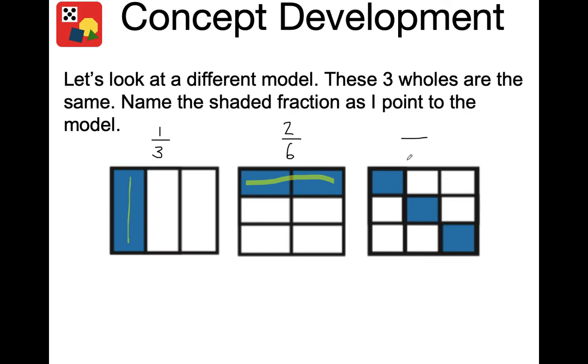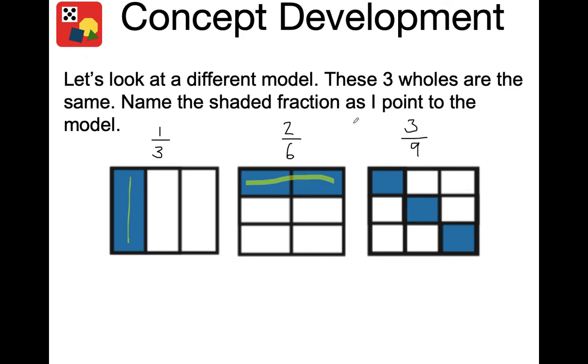That will go on our denominator, and however many are shaded goes in our numerator, or on the top. We know it's 1, 2, 3, 4, 5, 6, 7, 8, 9. There are 9 pieces altogether, and there are 1, 2, 3